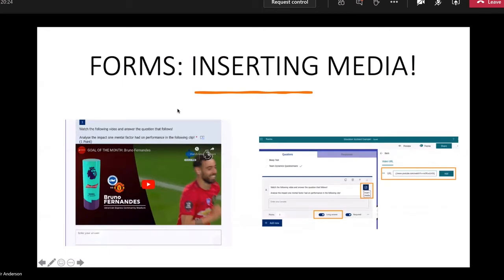What's really good, particularly for factors impacting performance, is inserting media on your forms. You can also do it on PowerPoint as well, but I'll show you on the form. So all you would do is when you're making up the question, on the insert media,